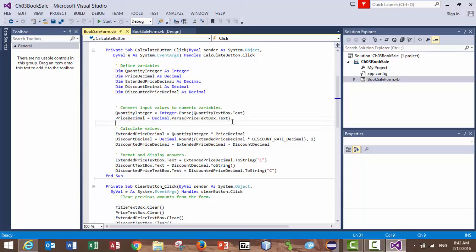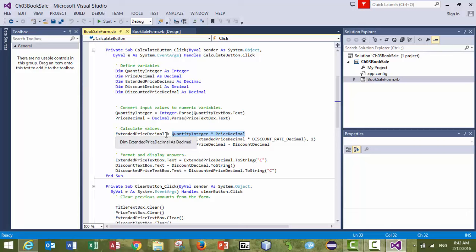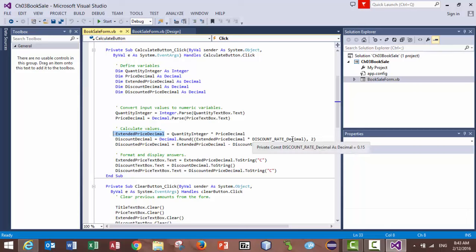We now have our two pieces of input. We're ready to do our calculations. So that's our next step. Let's calculate the numbers that we need to calculate. We need to take the price times the quantity and do that calculation and place the result inside this variable, the extended price decimal. Okay, then once we've got the extended price, now we're going to take that extended price